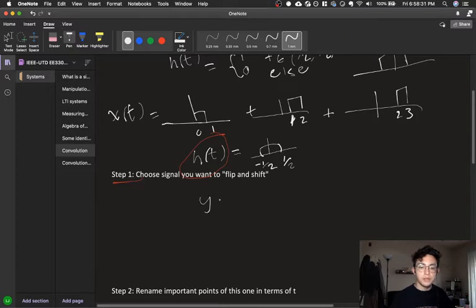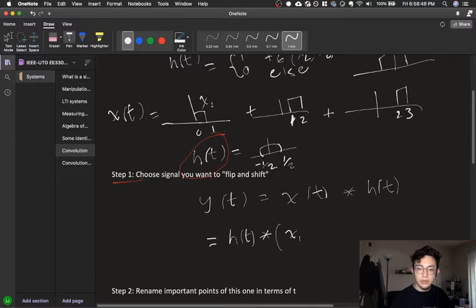So y of t, which is x of t convolved with h of t, is going to be equivalent to h of t convolved with x1 of t